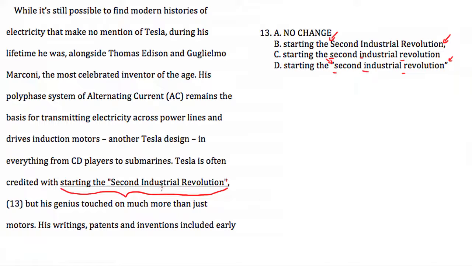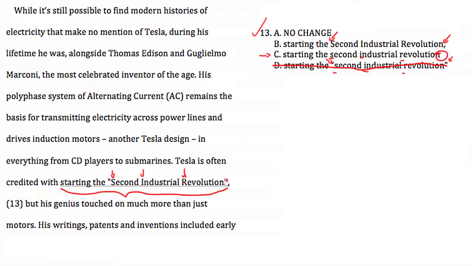Now, there was no Second Industrial Revolution, so it's possible that they're intentionally setting these words apart. And if you're going to set these words apart, then you're probably going to capitalize these as an important title in history. So if we leave the quotation marks and we leave these words capitalized, then we would want to choose answer A. So right away, I'm going to say that D is wrong, because if we're going to leave the quotation marks, we probably want to capitalize these letters. C is removing the quotation marks and the capital letters. But notice that it's also removing the comma.